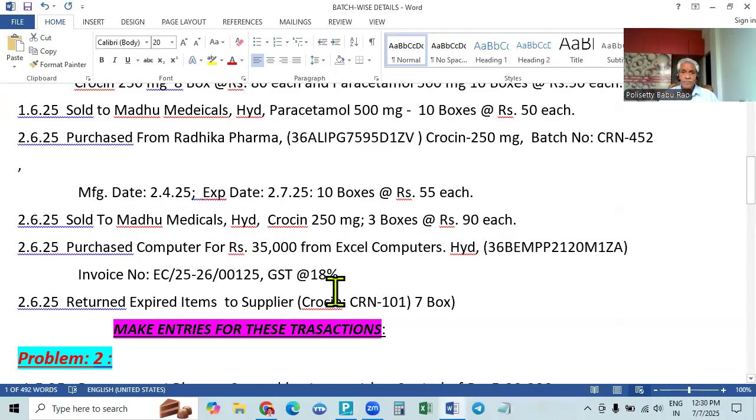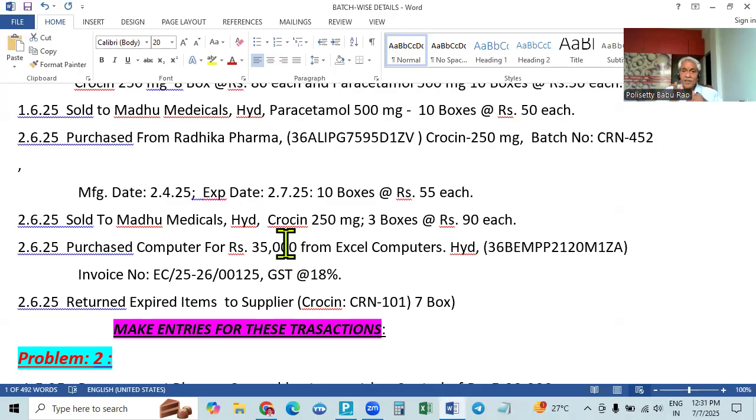Sometimes what they do is keep the expired items aside and return them. But sometimes, whenever they expire, they will keep them in a separate room and give it a name, that is, expired items location. In such a case, for the other active locations, we will keep them in the store. Then we have to create two locations. One is the store location, another is the expired items location. With the help of Alt F7, transfer of goods, that is stock journal, the expired goods should be transferred from